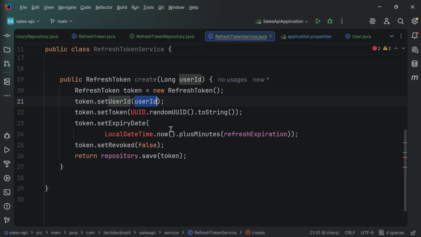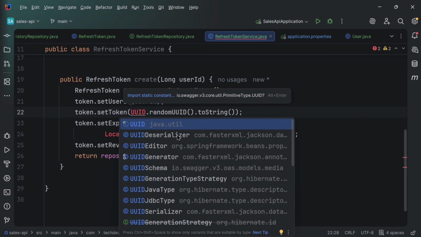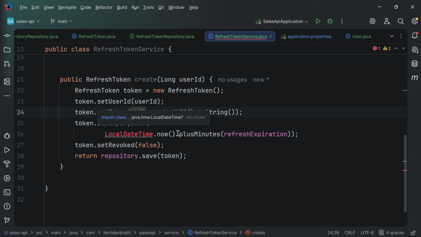We are going to set the refresh token, which is coming from java.util, a way to generate a random UUID, and we're going to convert it to string. So we're going to store a string with 32 hexadecimal characters,